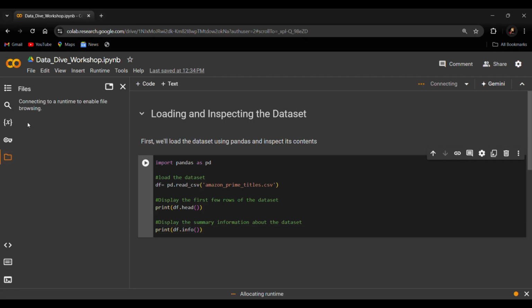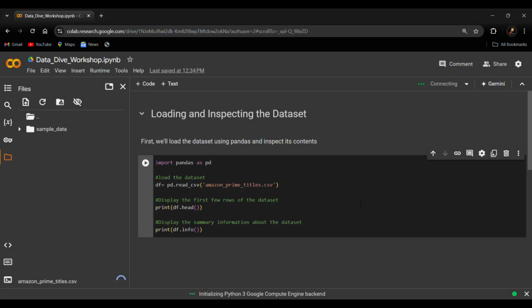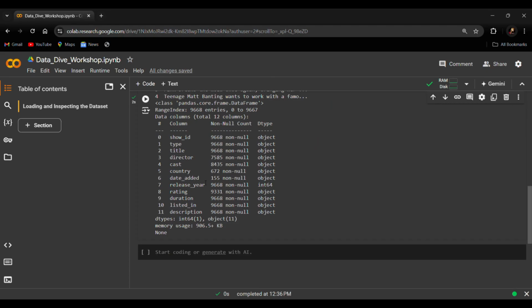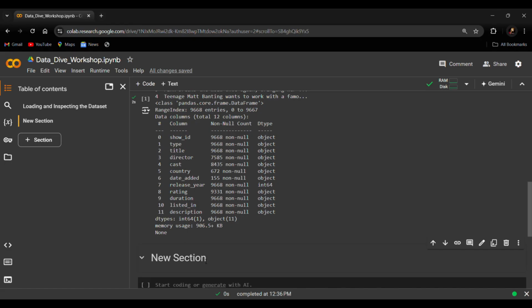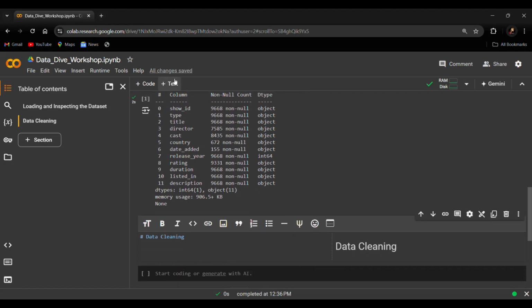Now before running this block of code, we'll load the dataset in the File section. You can upload the dataset from here. I have already shared the dataset with you all. You can load it from there. You'll click OK on the warning. As you can see, the dataset is loaded here. As soon as the dataset is loaded, you can run the code. As you can see the output, we have the dataset shown in front of you.